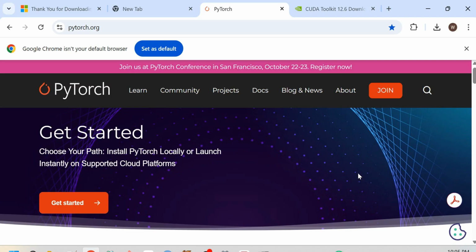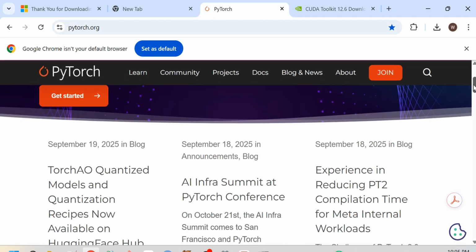Hello, in this video we show how to install PyTorch in Windows. So first you go to pytorch.org. PyTorch is a deep learning package for machine learning or deep learning for the neural network. So this is the official website for PyTorch, and